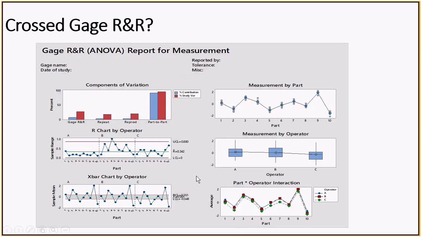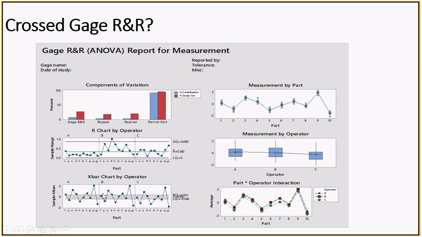So now there are a total of 6 graphs, right? Or 6 plots. So start with the component variation, then the X bar and R chart by operator. So mostly if you are from a Lean Six Sigma background, whenever we plot the X bar R chart, or when we are plotting the control charts, there is a chart which is called the X bar R chart. So this X bar R chart is nothing but a common chart. It's one chart. Actually, there are 2 plots, one for the range, one for the X bar. But whenever we study these charts or these plots, we always study both together, X bar and R. Please note this part.